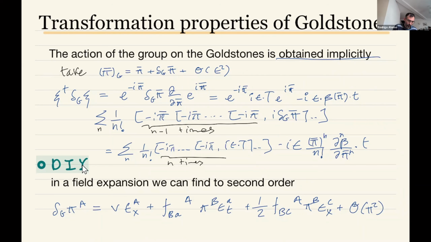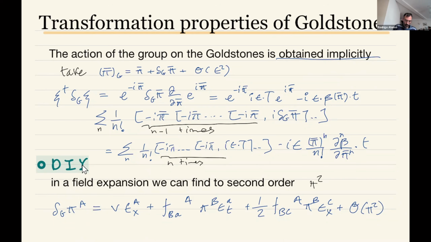for it. We have the magnitude we want to find in here, which gives us how the Goldstones transform, but it's inside all of these whole series of nested commutators. And then the right-hand side is itself also written in terms of the series, which is not an easy task to solve, but the first exercise or problem that I invite you to do in the notes is to expand this and retain only terms up to order pi, so discarding terms of order pi squared, and then solve for this transformation of the Goldstone delta G pi